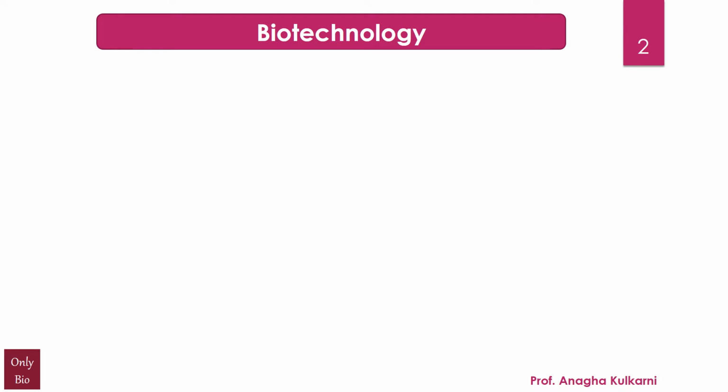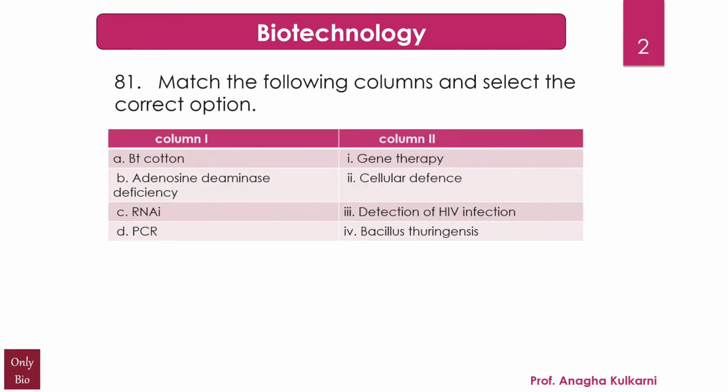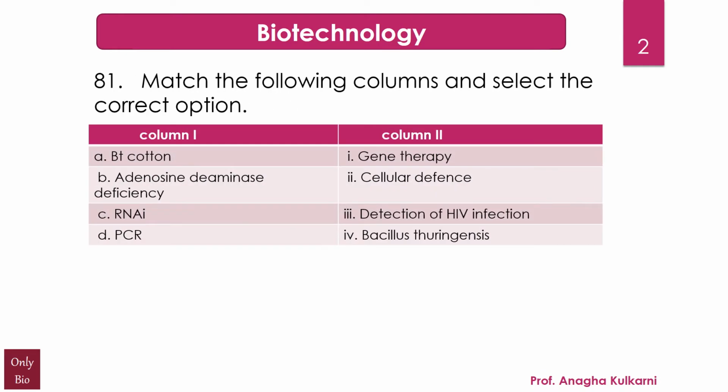Now, this question relates with the chapter Biotechnology. We have to match the columns, wherein column 1 has A as Bt cotton. I hope you will recollect that this Bt cotton has been quite frequently asked. B is adenosine deaminase deficiency, C is RNAi, and D is PCR. Column 2 has first gene therapy, second cellular defense, third detection of HIV infection, and fourth Bacillus thuringiensis. And the options given are,